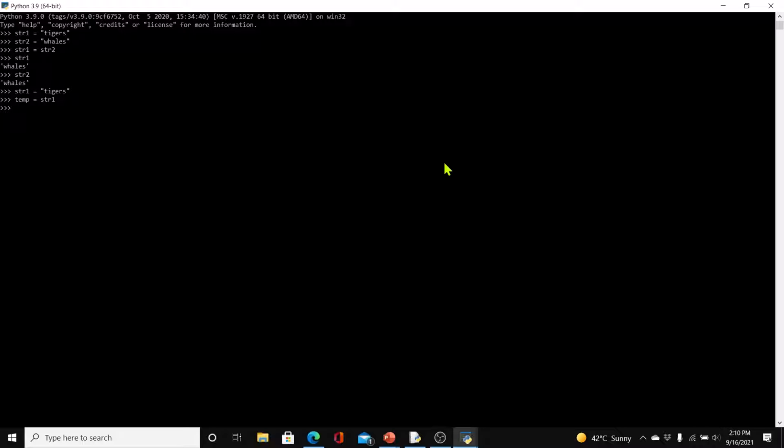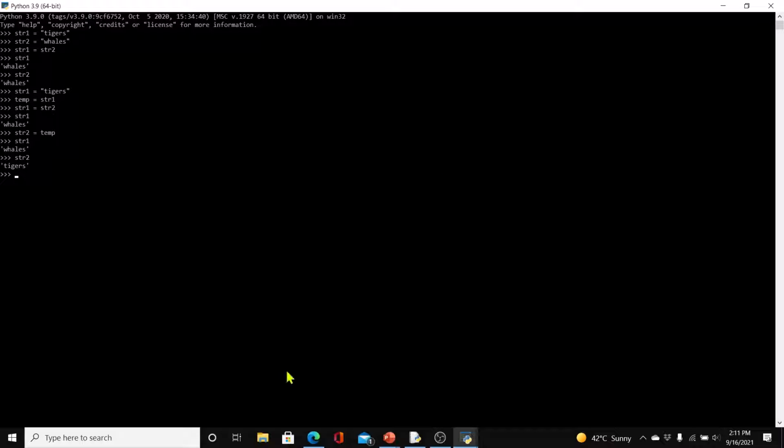Once we've stored the contents of str1 in temp, we can then override the contents of str1 with the contents of str2. So now str1 has got whales, right? And then we can override the contents of str2 with the contents of temp. And so we have now swapped the strings,